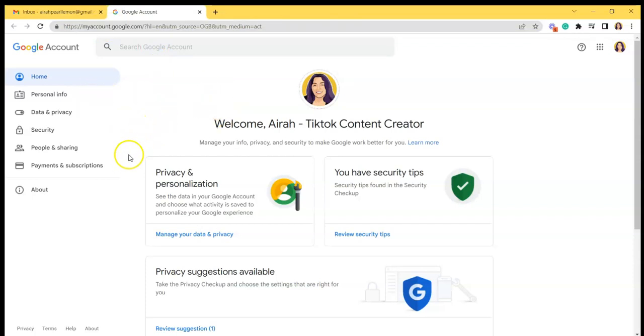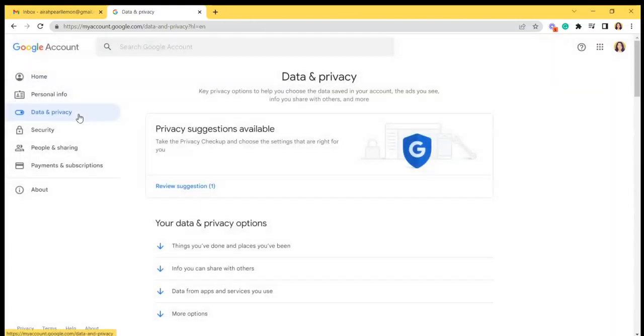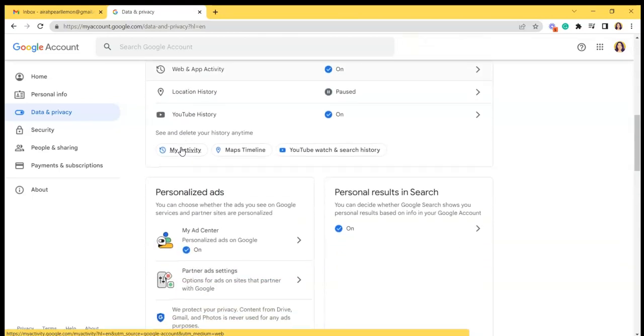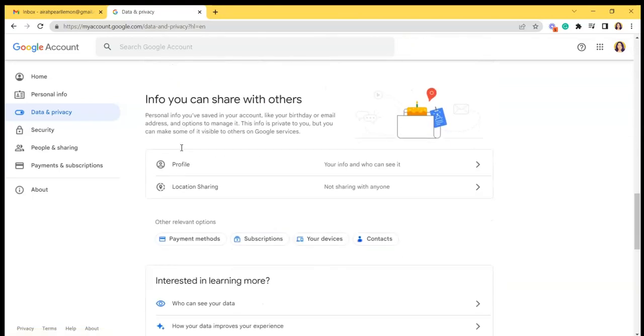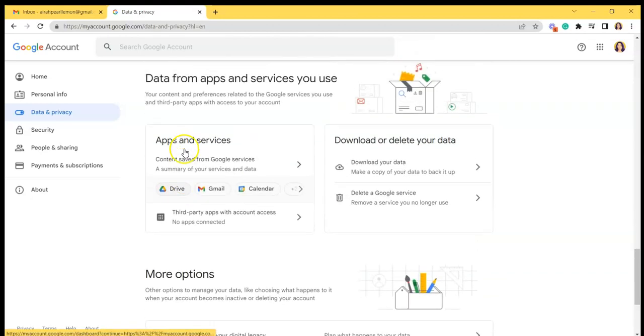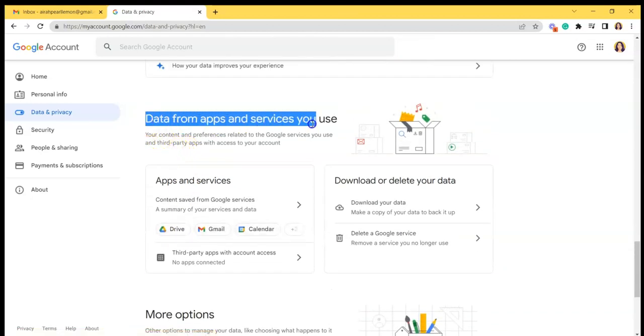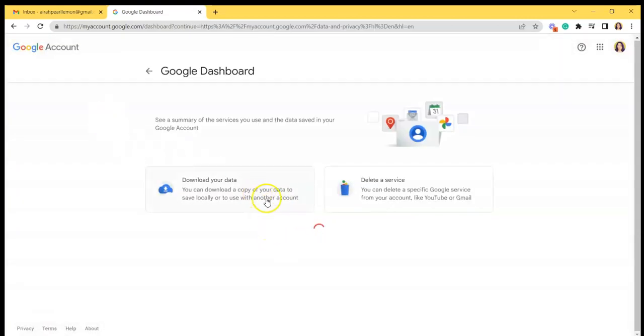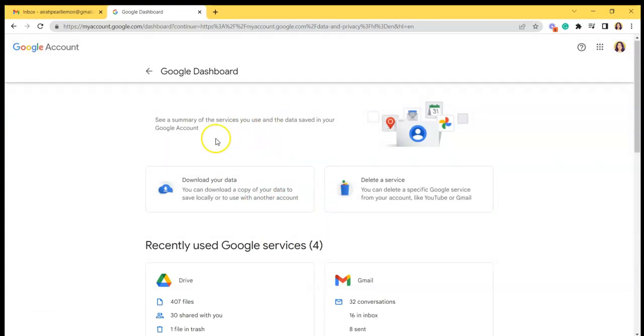So what you're going to do is click this data and privacy part, and it will lead you to this page. As you can see, you have a lot of privacy suggestions available by Google. So just scroll down a little bit, and then here you can see data from apps and services you use. So it will show you all the apps and services you use, such as Drive, Gmail, Calendar, and many more. So just click this, and as you can see